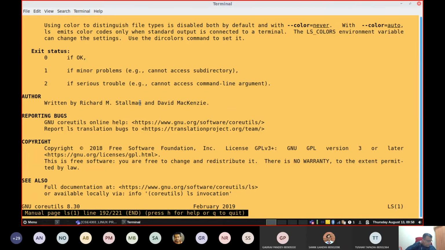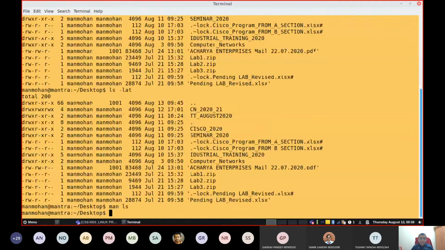And the next command is that single letter options also can be followed. Say, for example, one more option if you want to create. Now look into this permission here. Now, whenever some manual is displayed, you can come out of the manual by pressing the Q key, Q for quit. Then you will get the command line, or the terminal mode. Then you can type clear also. Clear will clear the screen. Something like CLS in Windows, you can do it.